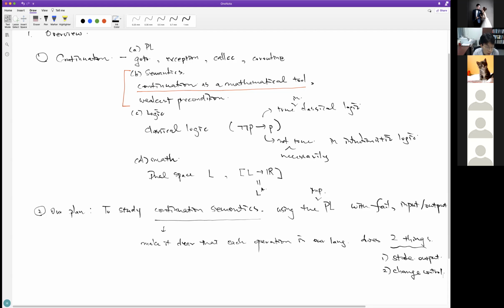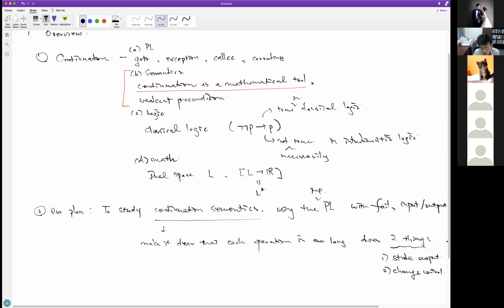So if you took a course on some very low-level stuff in computer science, especially assembly language, then you learned there is a register called the program counter that decides which instruction to be run next. And that is a very inherent property of each instruction in programming languages. And continuation makes this aspect very, very clear.